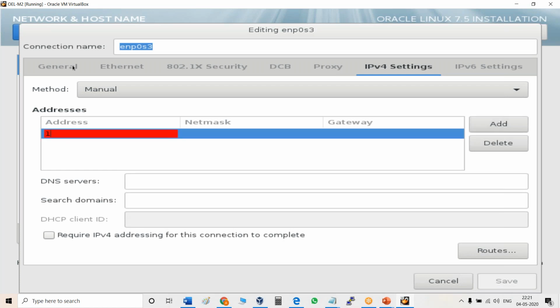In add, I'm saying 192.168.10.1. Net mask is 255.255.255.0. Gateway, I don't have any. Okay.